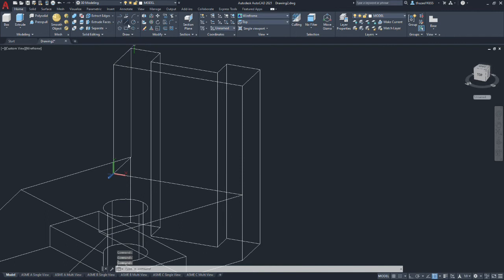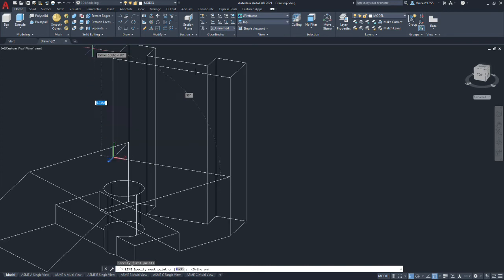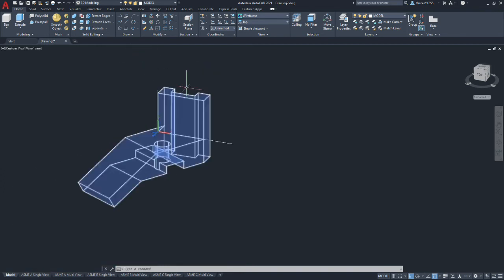Okay, so now let's create some lines. We're going to create a line from origin, and we'll go ahead and turn ortho on. I believe it'll work. Now that our UCS is turned, we'll go past the part, and then we're going to go horizontal and go past the part. So we have our two construction lines from the edges that the hole is called from.